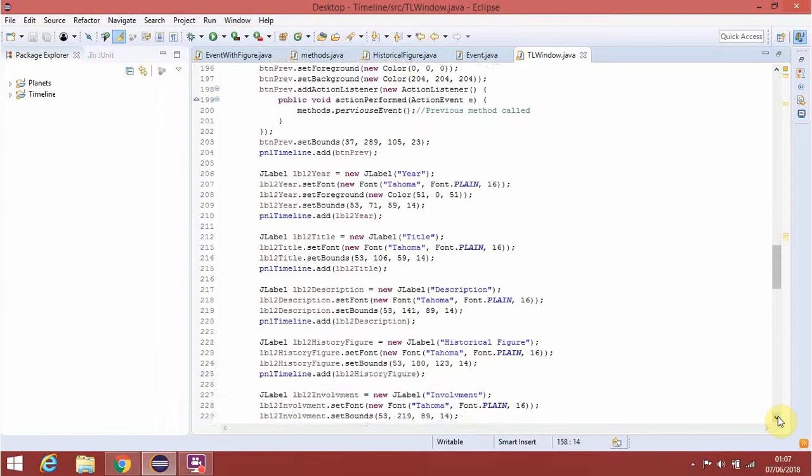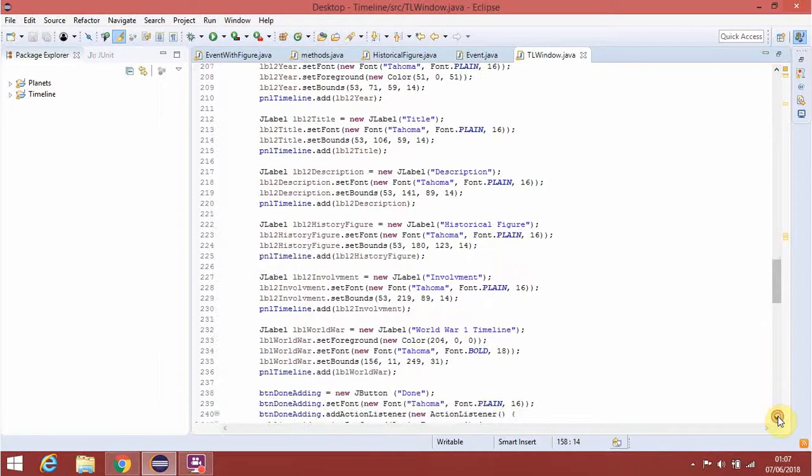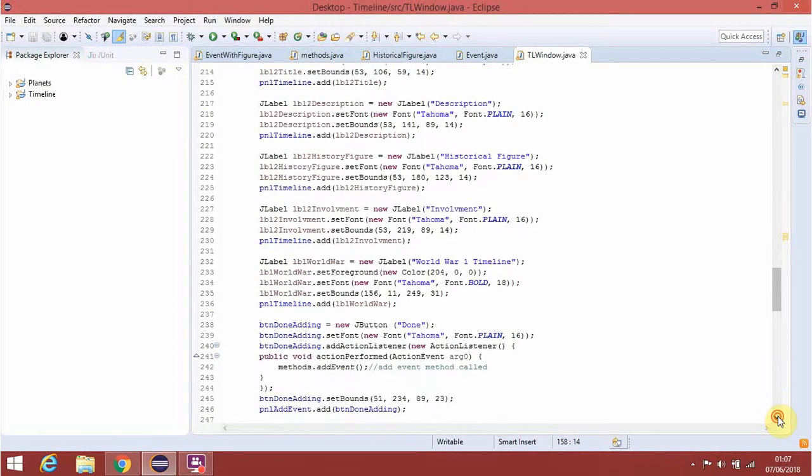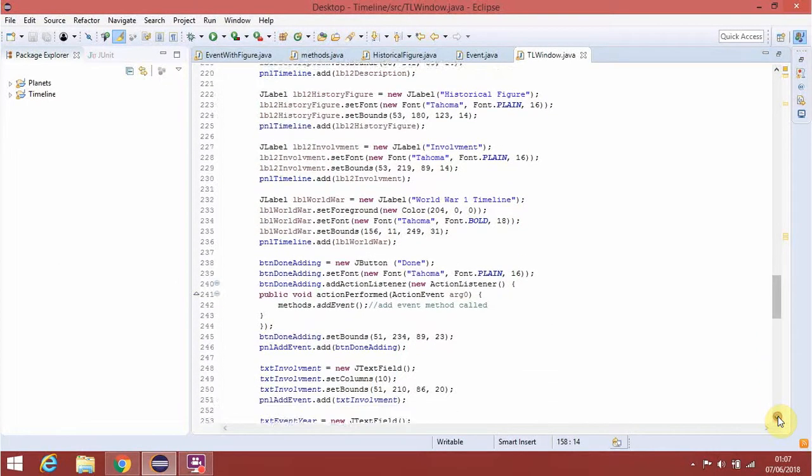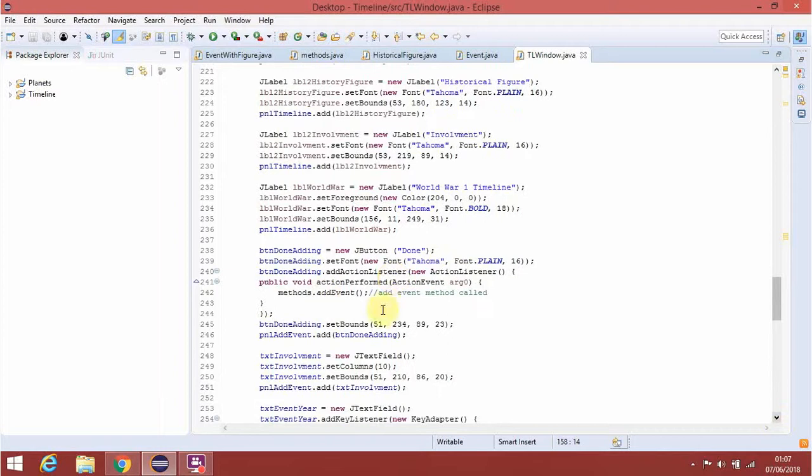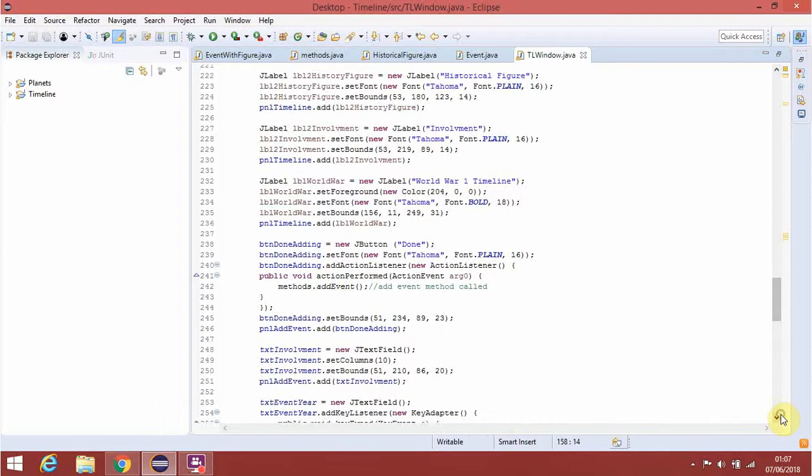Here we have some labels, and if we scroll through, when this button is clicked, go to the add event method. So the add event method is called, and if we scroll through,